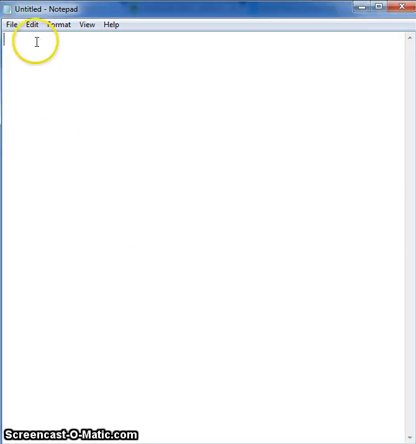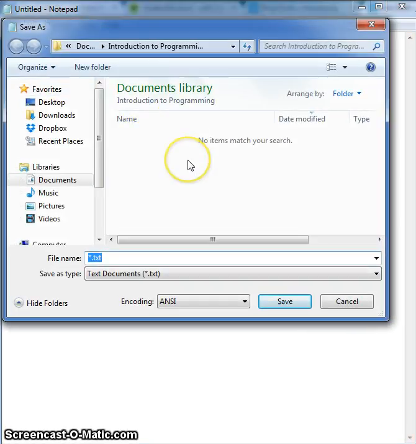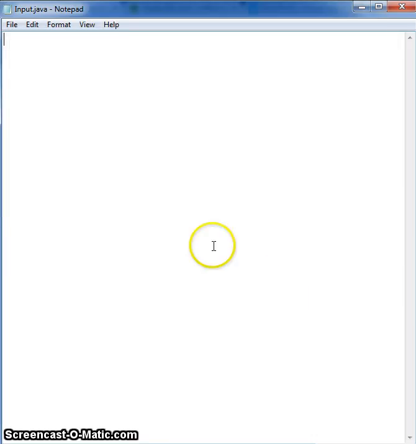Today we'll be working with input. To start out, let's save our file before we start. So save as, I'm going to call it input.java. Save. Okay, so the first thing that we need to do to deal with input from a user is to